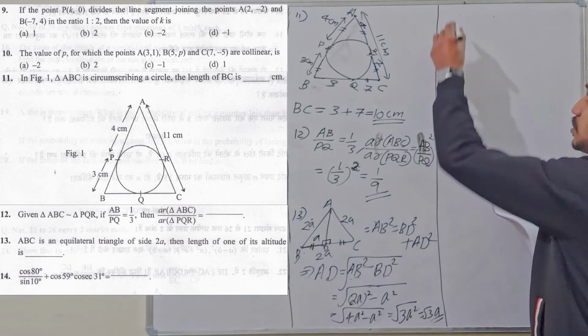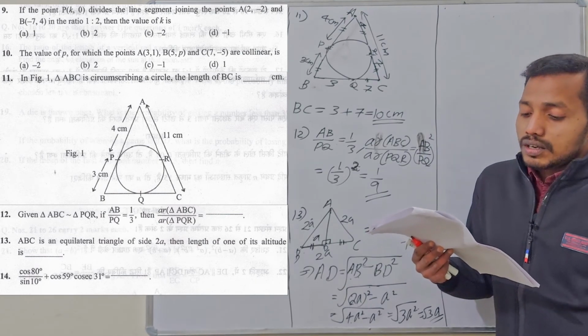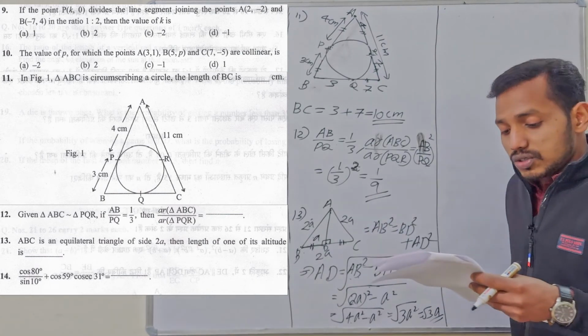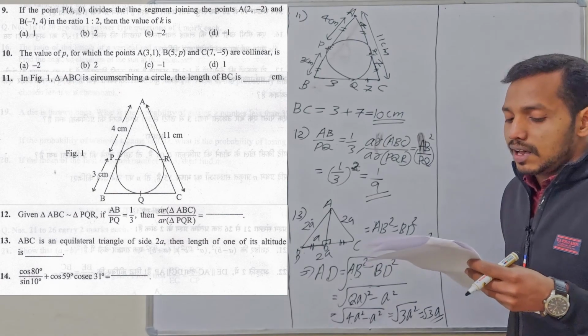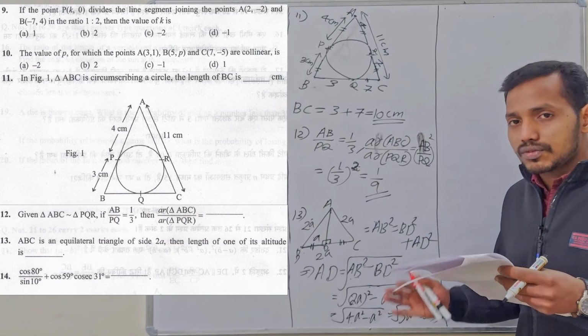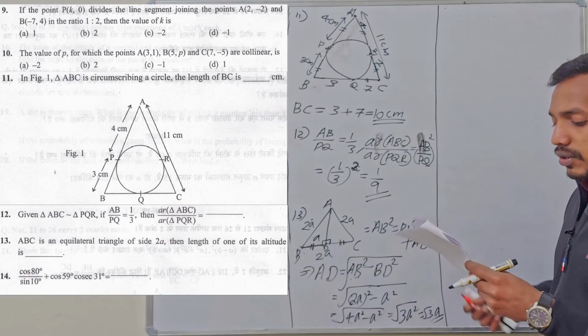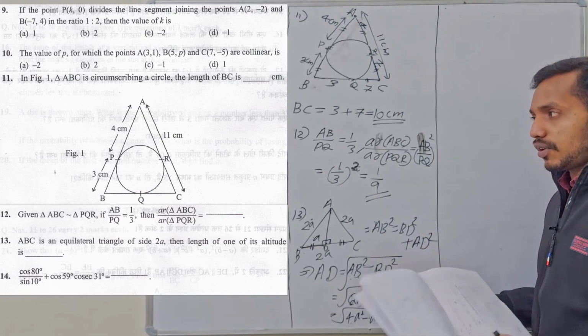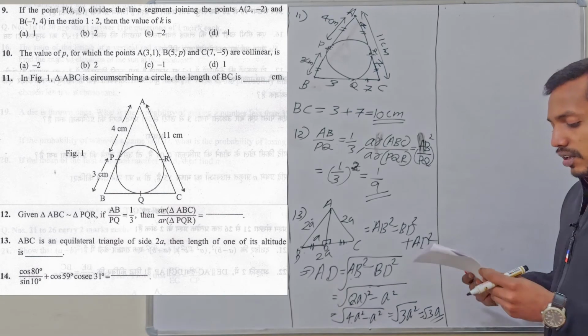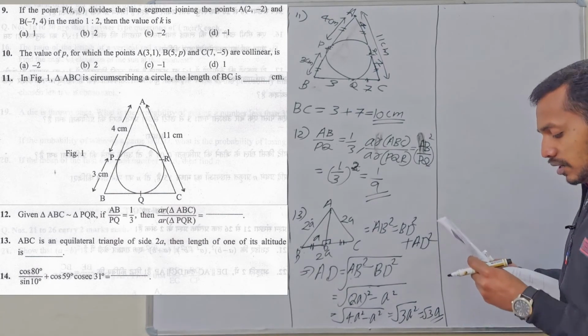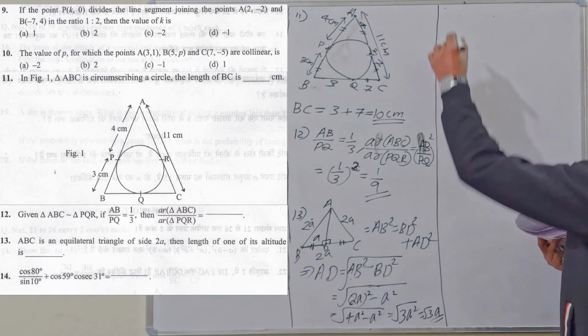Now come to question number 14. Question number 14 we can only solve by using the trigonometric ratios of complementary angles. As that portion is deleted from your syllabus for this academic year, I am not going to solve that one. You can try yourself, but for examination purposes, that is not important. Okay. Now we are going to discuss question number 15.